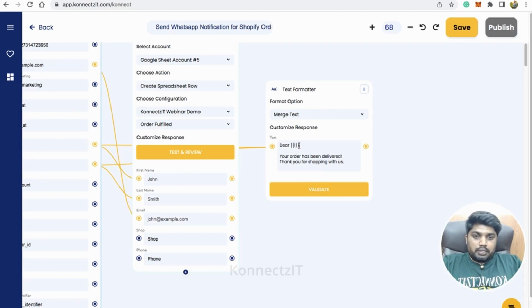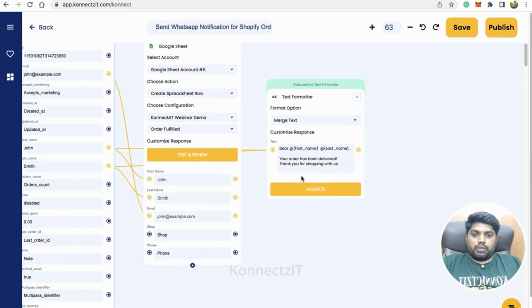Here you have to use the @ symbol to enter the details, that is the first name, and I'm just entering the last name as well. So I need to select this by typing the @ symbol, and you can say your order has been delivered, thank you for shopping with us. Similar kind of messages, any kind of messages, and just click on validate. This will validate your data inside the text formatter,